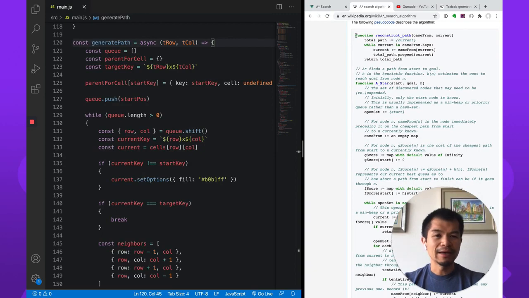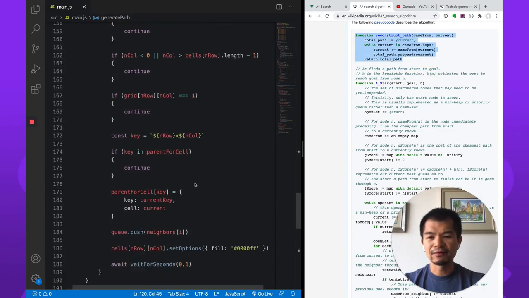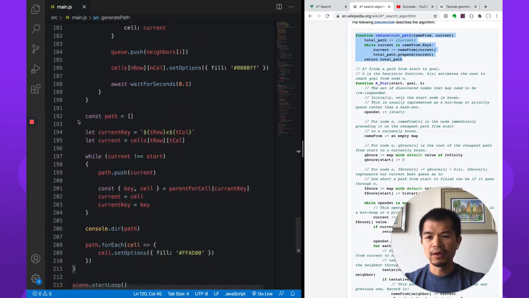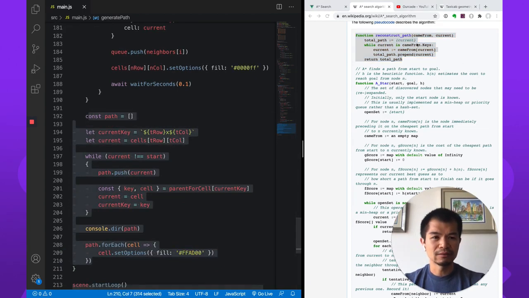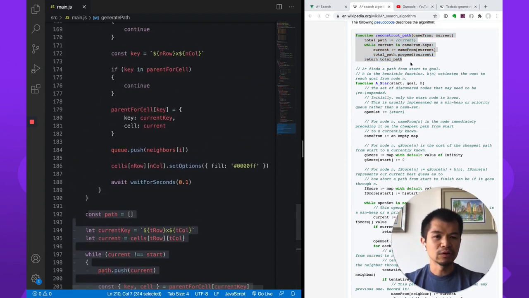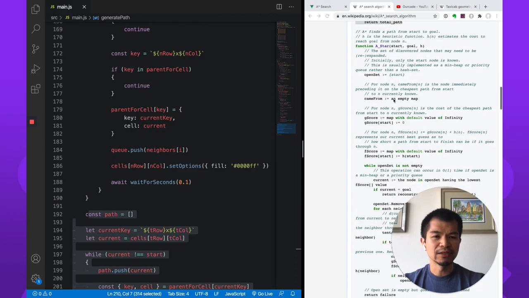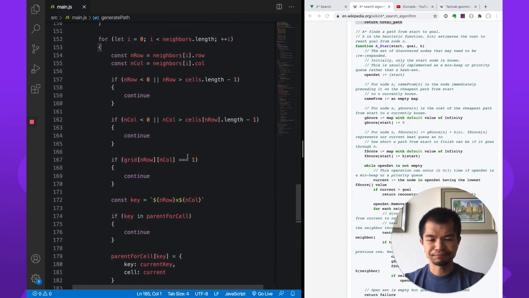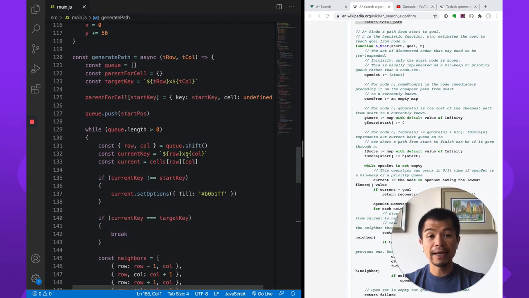Okay, so this is their path construction method, function, and we have ours down here. If you looked at the breadth first search video, it's the same thing. You can see it's basically the same. And so we're going to leave that as is, so we can ignore this. So this is the actual A star function that they have. And we're just going to modify our breadth first search implementation to take costs into account and use a priority